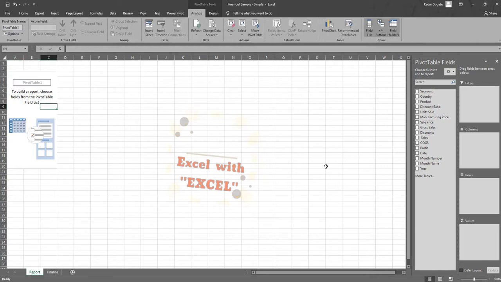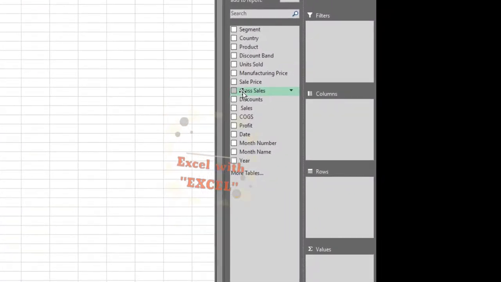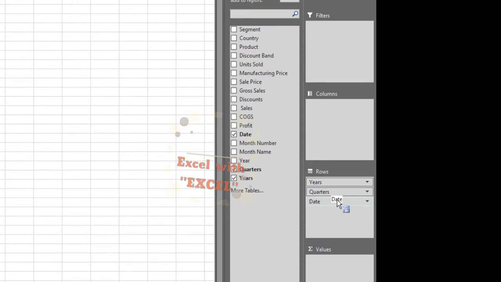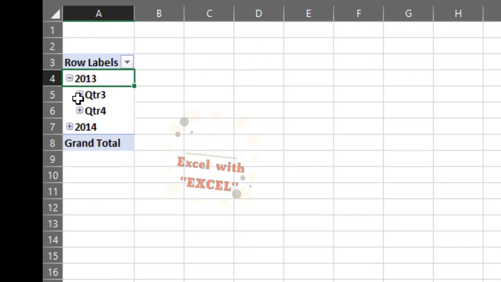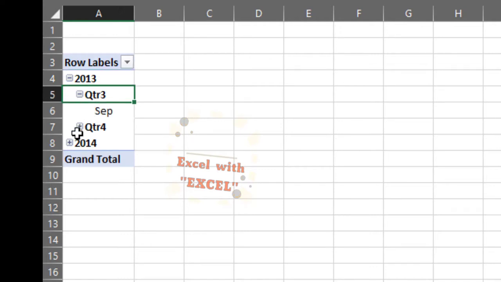Now let's create a simple report. Say we want date-wise or month-wise sales figures, a summary report. So what I'll do is drag and drop the date value in rows. That gives me year-wise, quarter-wise, and month-wise bifurcation.